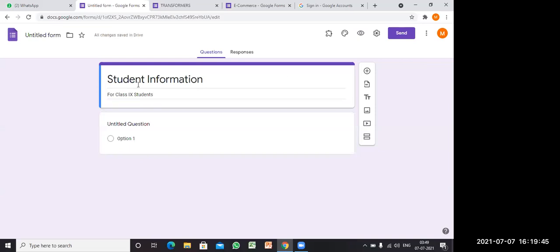In the left top corner, it is still showing untitled form. So simply we have to click here, untitled form. It will automatically update it, like Student Information. Whatever title we provide here, it will automatically go here. So now we will